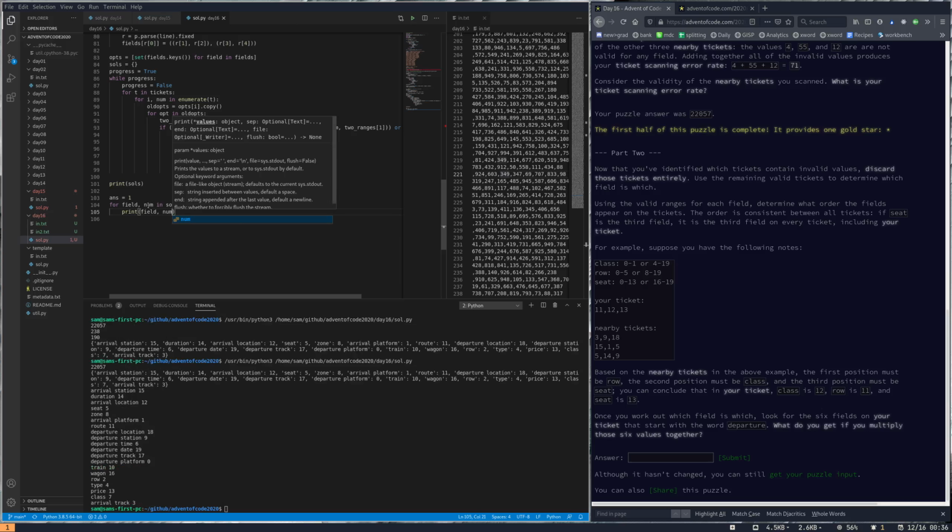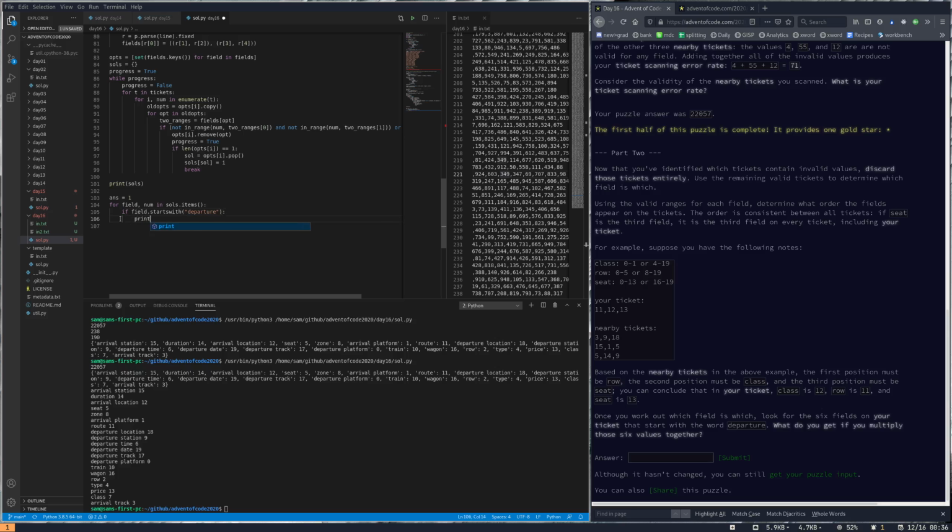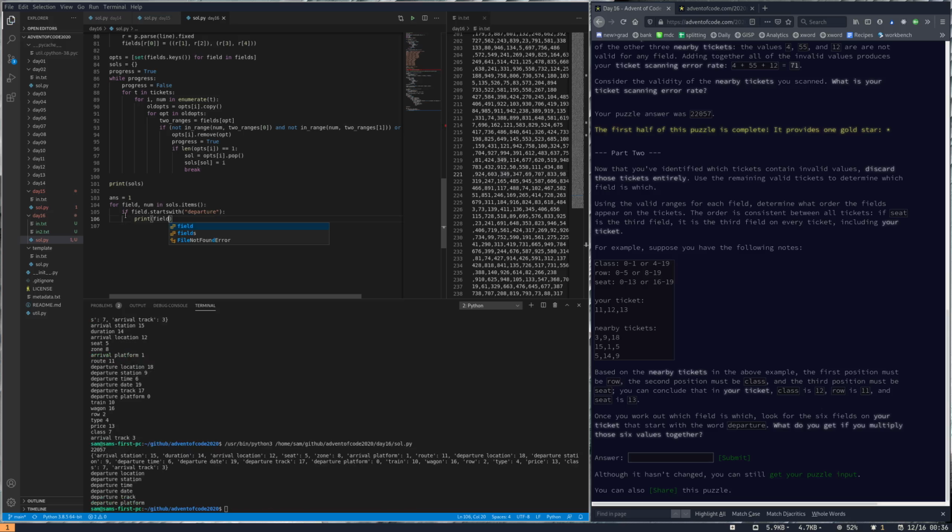I think that's what I want. Okay. If field.startswith departure, print field. Okay, that's what we want. Times equals my ticket's value, so it's going to be my ticket of